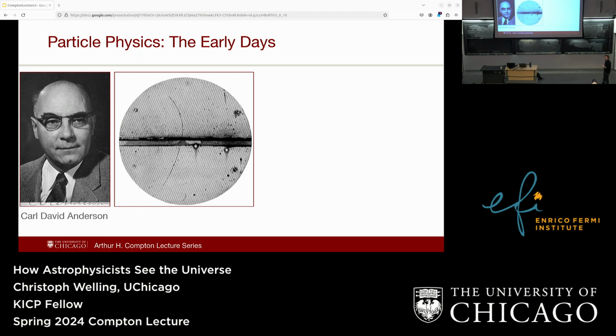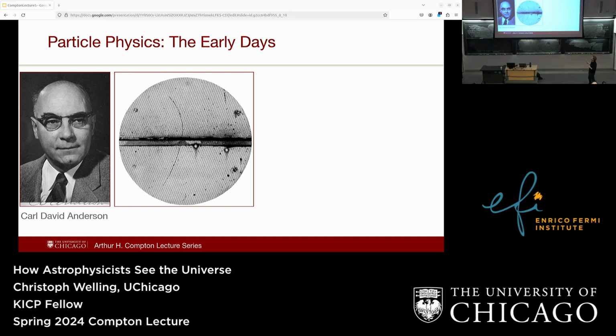And the idea is that if you have a particle moving through this lead plate, it's going to lose some energy in this. And so you can check where the particle has more energy, which you can see by how much it is deflected. So the deflection will depend on the charge and the energy. And he saw that there is this particle coming in this photo from here. And you can see after it's passing through the lead plate, it gets deflected more. So it lost some energy here.